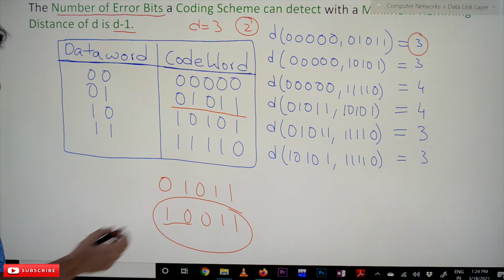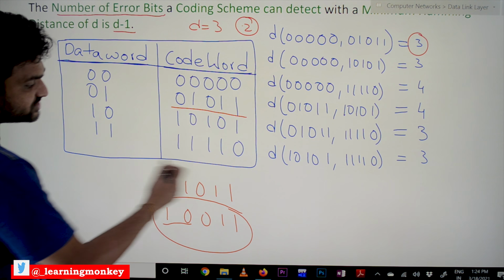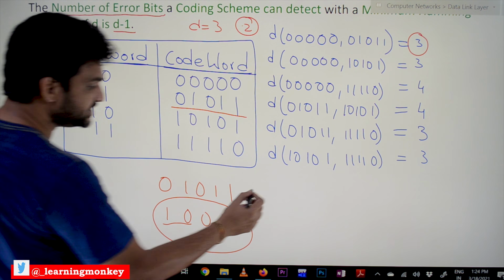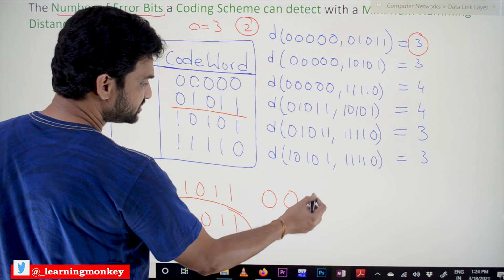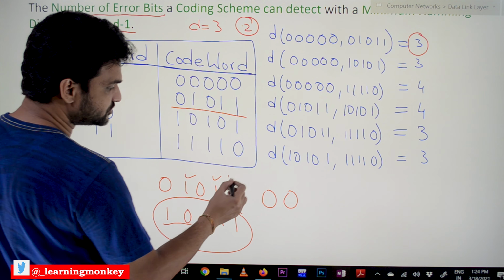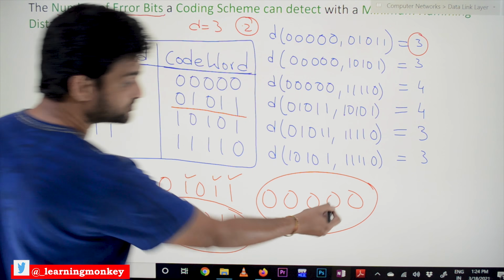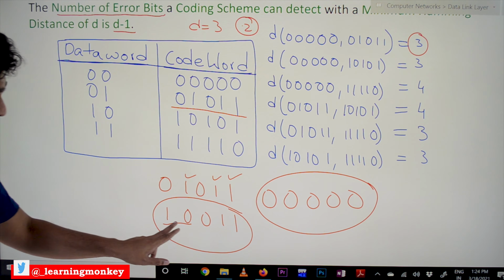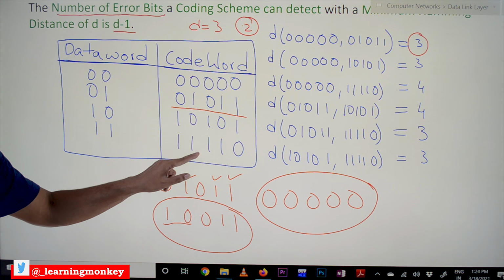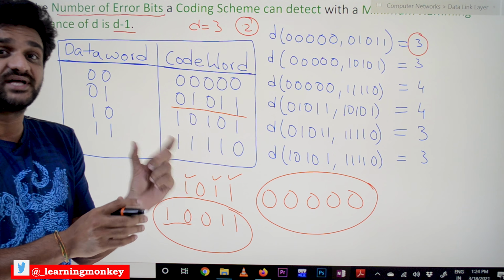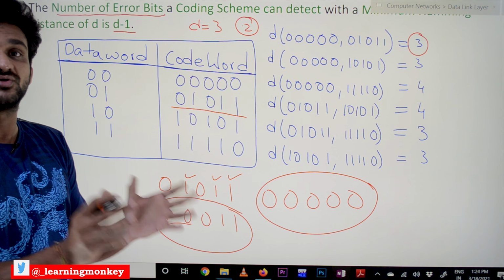For example, if we change 3 bits, if all these ones are changed to zeros, this cannot be detected because it is going to be a valid code word. But if you change 2 bits in any of these code words, I am stressing this point again and again because this is the essence of this whole concept.